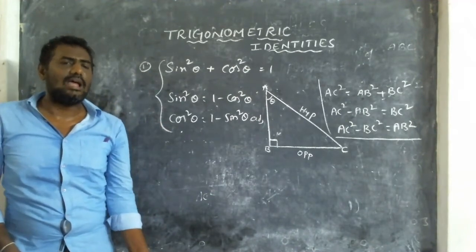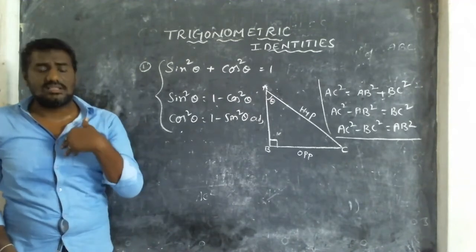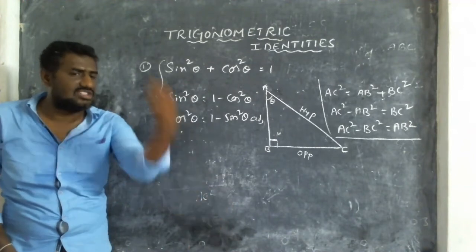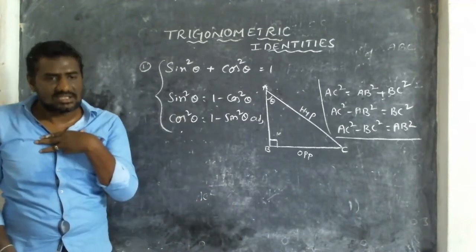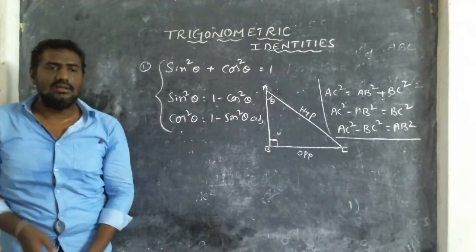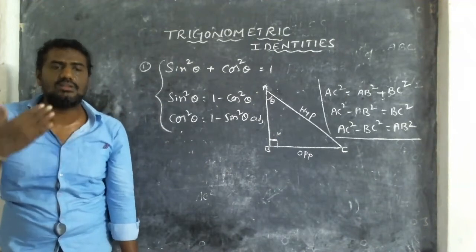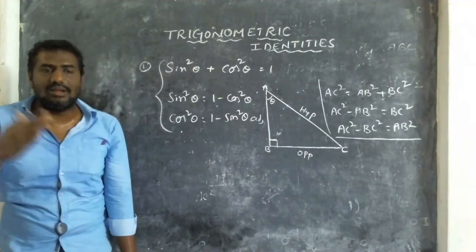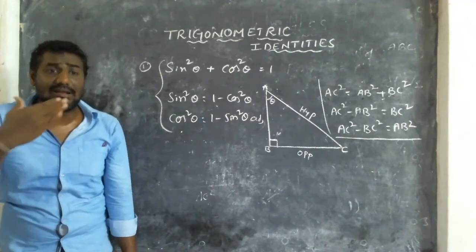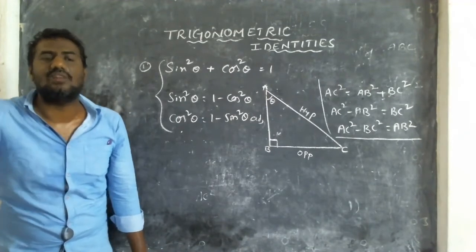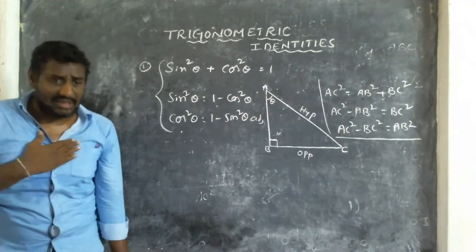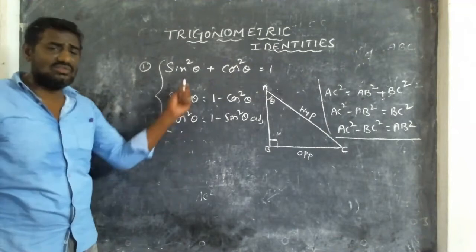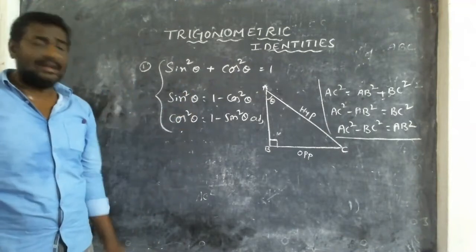So I am asking you, what is sin square? Suppose I ask 1 minus sin square, what do you have to say? Cos square. When I say in the question 1 minus, you don't need to say 1 minus, just say cos square. If I am saying just sin square, you have to say the answer is 1 minus cos square. Okay, children? Okay, let us try. I am saying sin square. What? 1 minus cos square. I say cos square. 1 minus sin square. I am saying now 1 minus sin square. What do you have to say? Without 1, just say sin converted to cos. I am saying 1 minus cos square. What do you have to say? Sin. So whenever I ask you this relation, you must be ready to say.